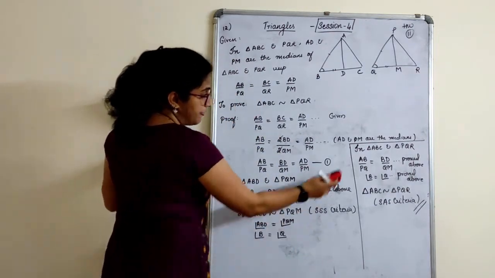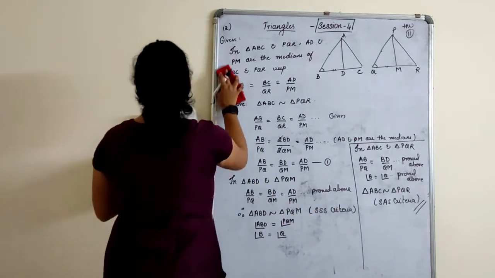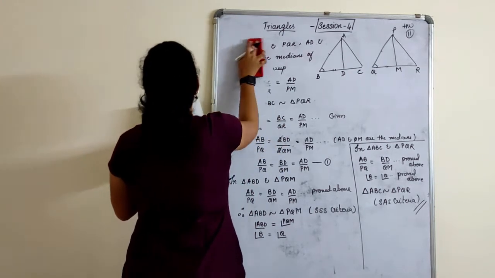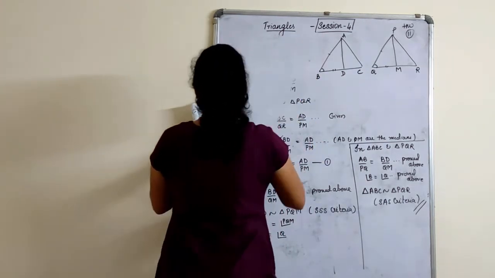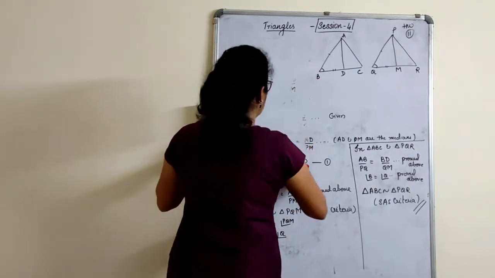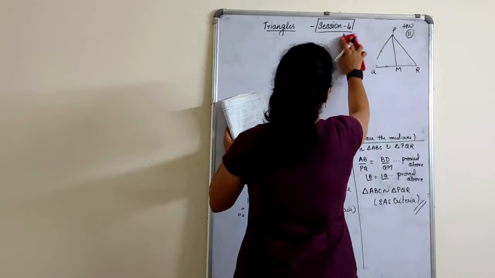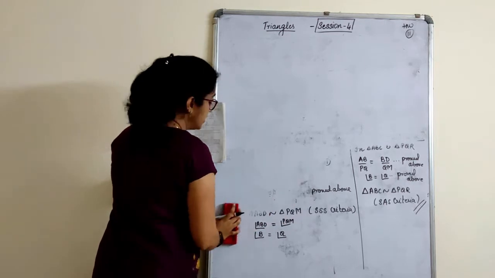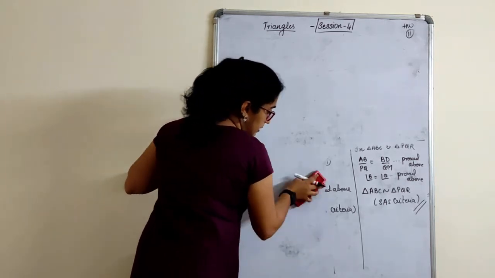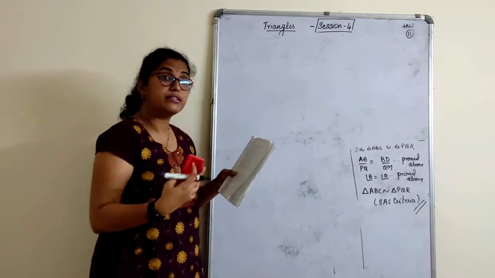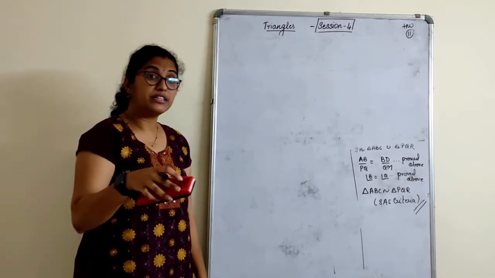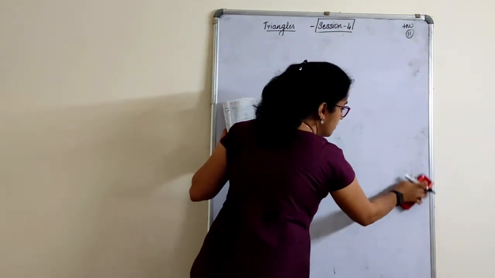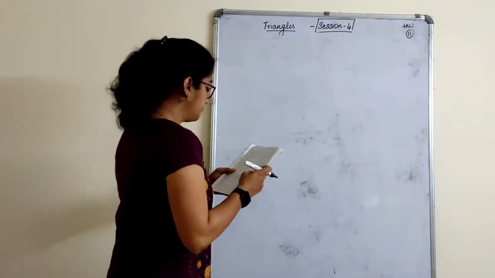So first finish this, after this below that you can write this part. 13th one: D is a point on the side BC of a triangle ABC such that angle ADC is equal to angle BAC. Okay, let's see the thing now. The figure is not given, children, so you need to draw for this. And we have to prove that CA square is equal to CB into CD. Now how is this possible? This is possible by first proving the triangles similar, after that writing the proportional sides, and from the proportional sides we have to just cross multiply and get this answer.